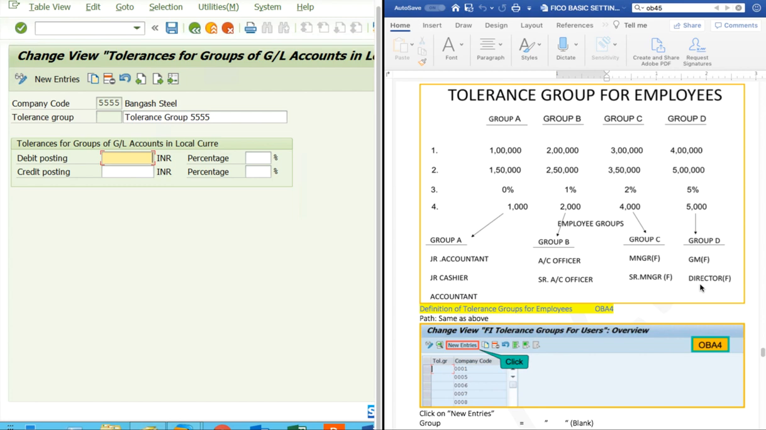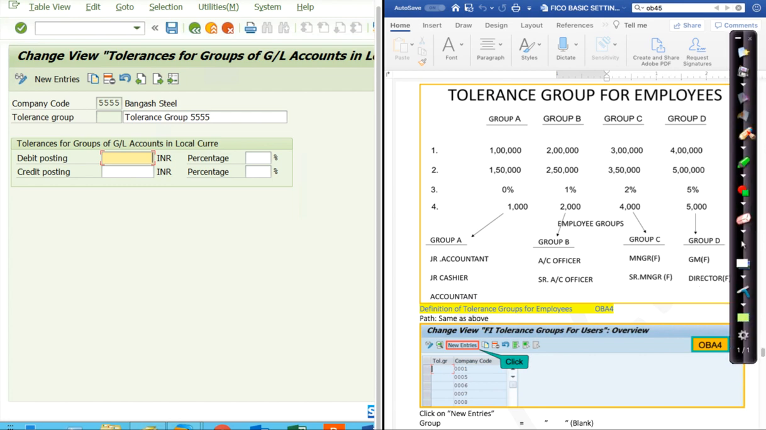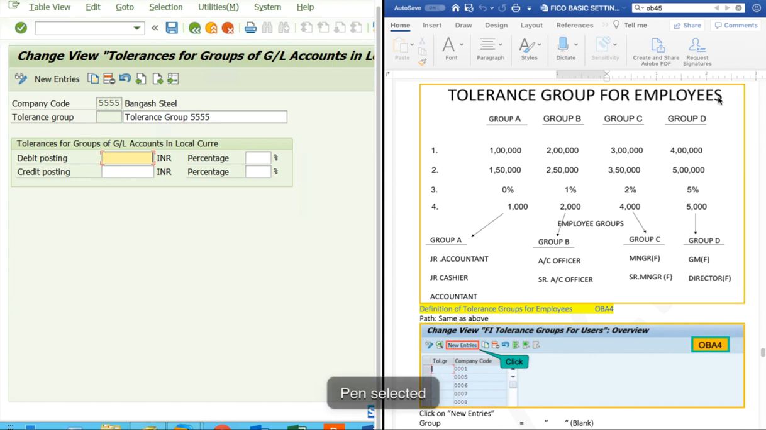Understood? Do you understand this concept, right? It's very important. Basics are very important. You should understand. Now we have groups, right? Group A, group B, group C, and group D. Now in group A,